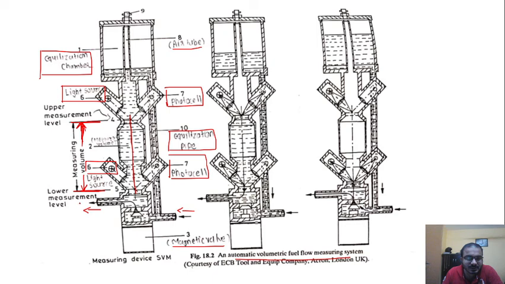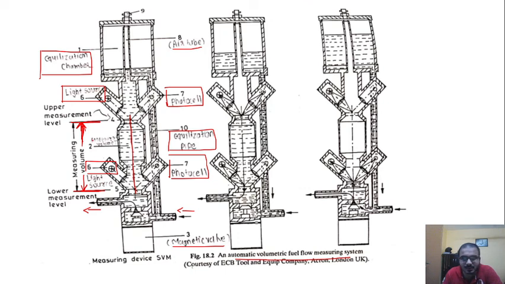As per the engine requirements, the fuel keeps on decreasing in this measuring volume, and once it reaches the lower measurement level, again the light from this light source is reflected on this photocell and the timer stops here. This measuring volume is fixed as per the device, and because of these two photocells, the timer calculates the time required for the engine to consume this much fuel.